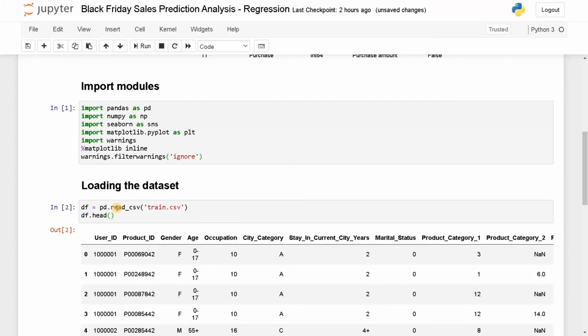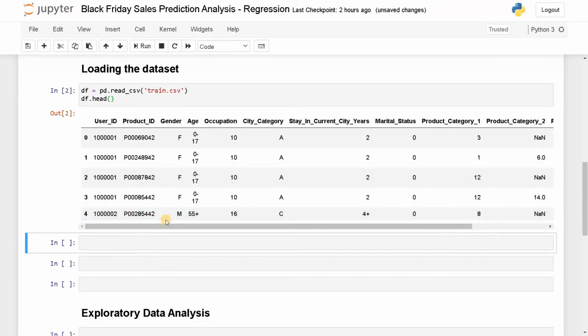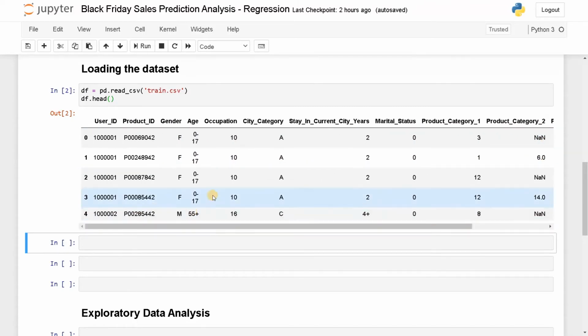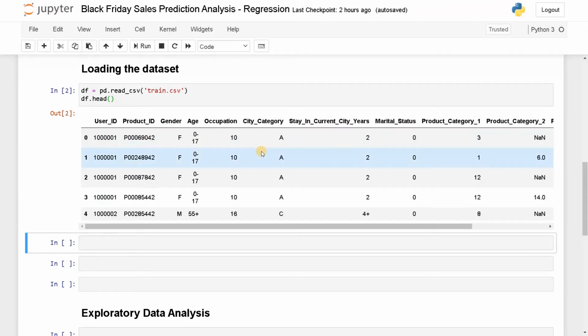Run this. Okay, these are the attributes we have. And I already mentioned some of the product categories have null values. We will replace them with some values here. We can explore all the categories and what the objects are in exploratory data analysis by using some visualization techniques. Let's do the basic exploration or overview.